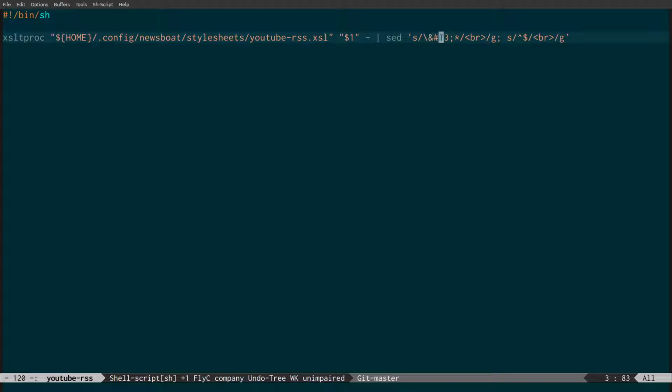And then what we have is this star. Basically what this does is match this code any number of times it appears in the document. And it replaces it with the BR tag, and then we set g for global, so it applies it globally. Then we have a comma here, and then we're piping it through sed again to catch other